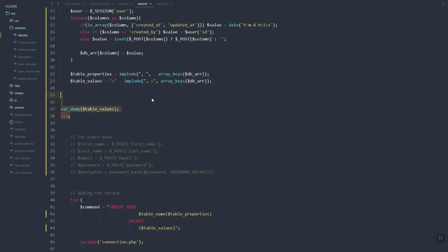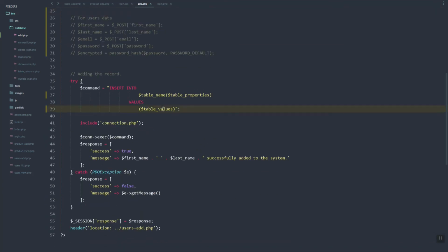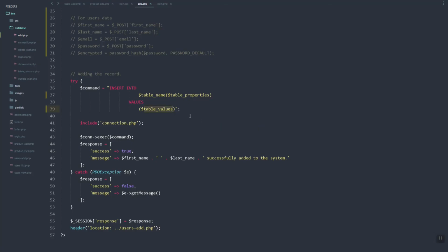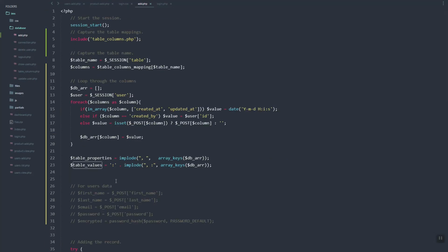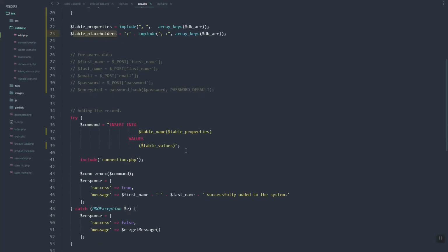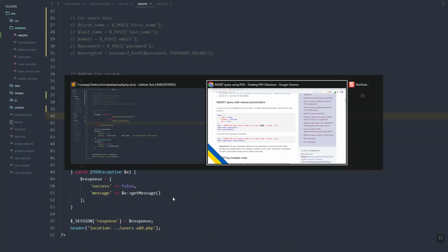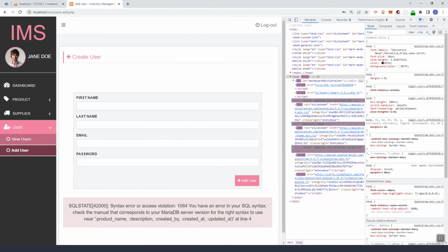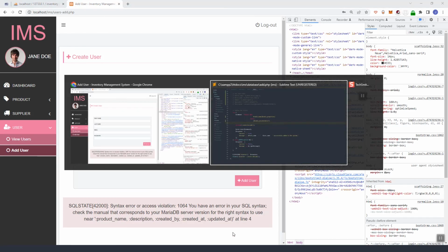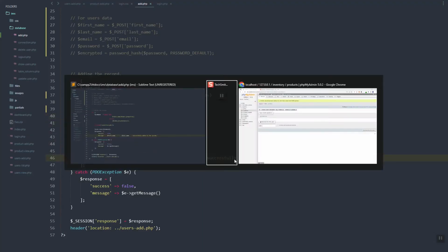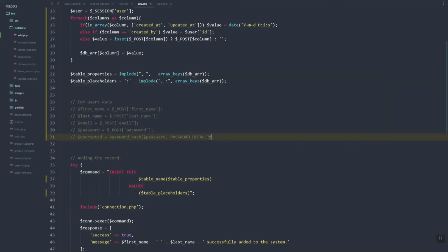So now let's try to, so these are not actually table values, but these are placeholders. Then insert this here. Let's refresh. Product name, created by, updated at. So before we do that one, we'll just need to